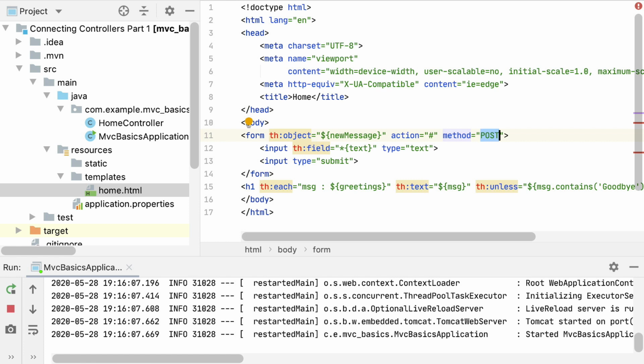Like I said before, we need to add another Thymeleaf attribute in order to set the actual action for this form. The action, again, is essentially the URL that we are sending the form data to when we submit it. That attribute, as you might have guessed, is called th:action. We can use it with a special URL selection syntax that is prefaced with the @ symbol rather than a dollar sign or asterisk. We can tell it to send the request to our application's /home URL.